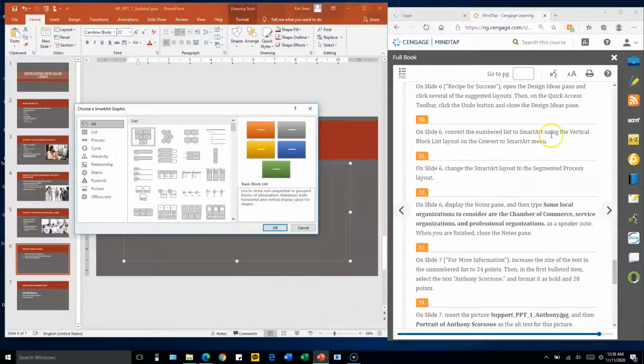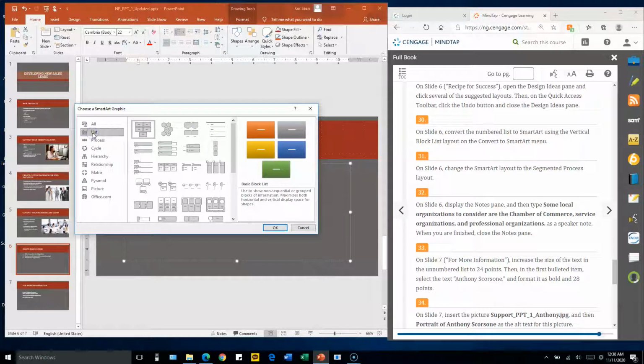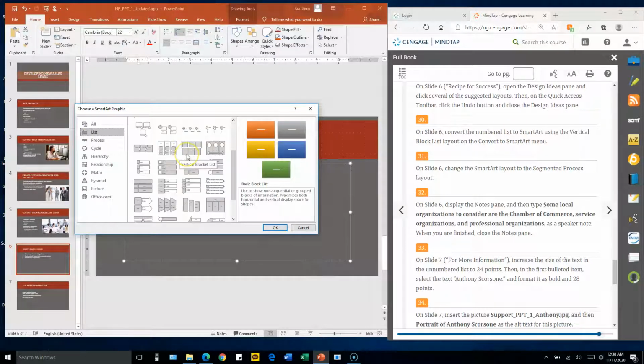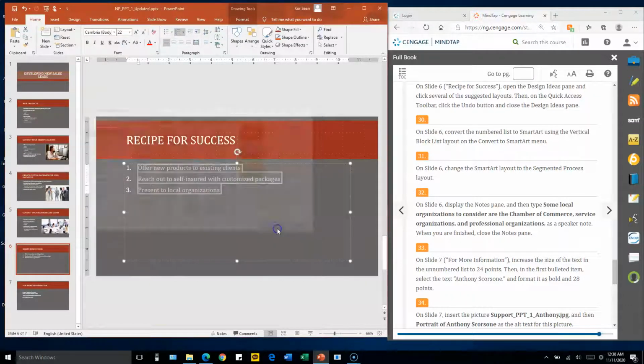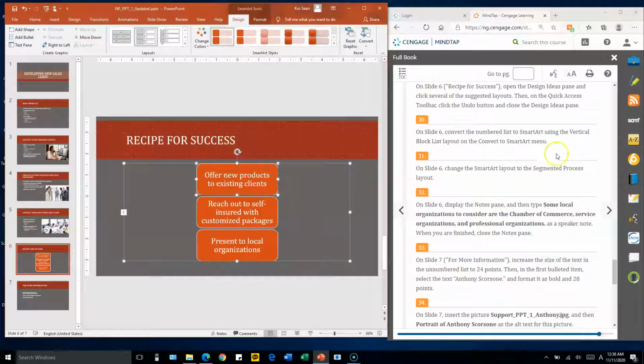Okay, so we want to use the vertical block list layout. This is a list layout, so click the list on the left. And the vertical block list is, scroll down a little bit. Then this one, this part is the vertical. This is the vertical block list. So select this icon, this one, and then click OK. All right, so that was the vertical block list, but